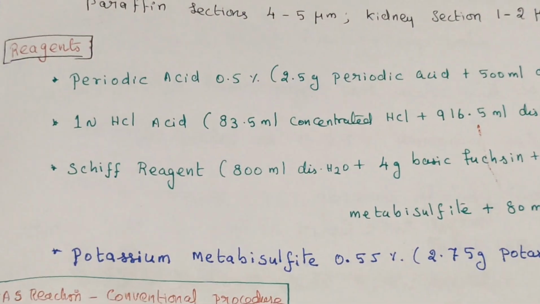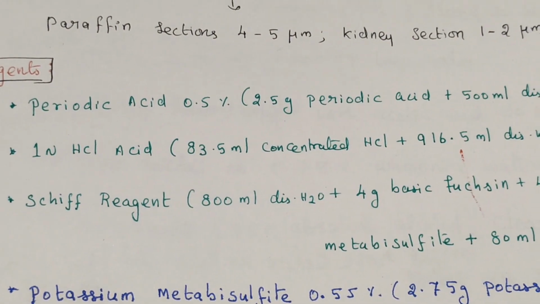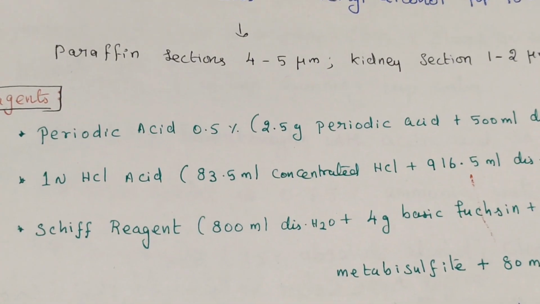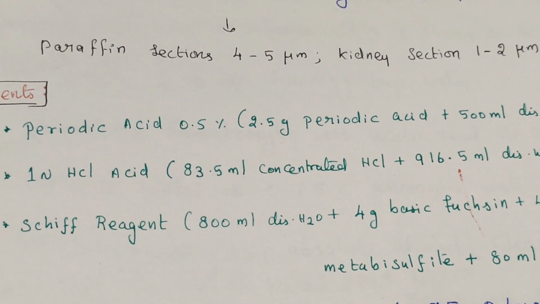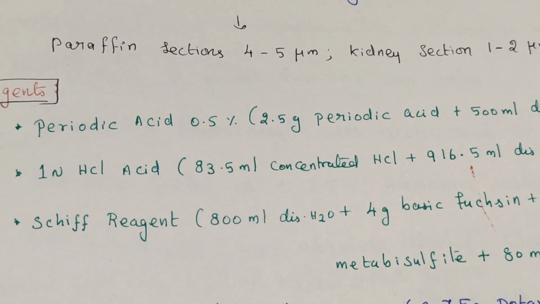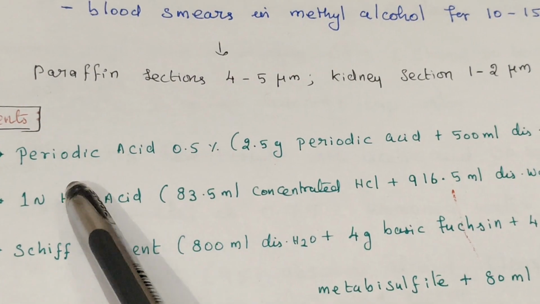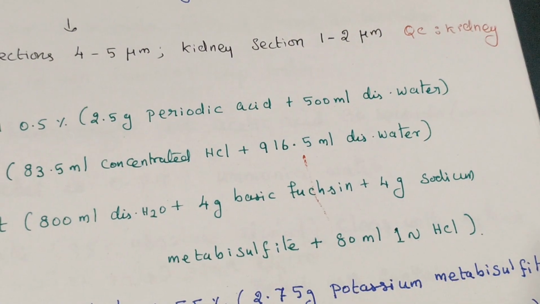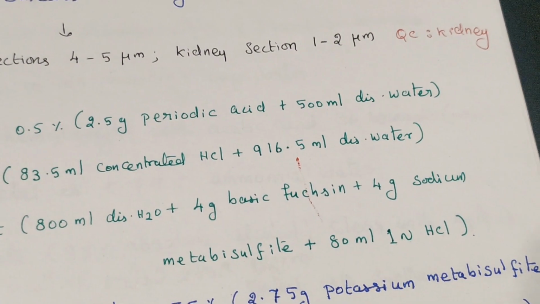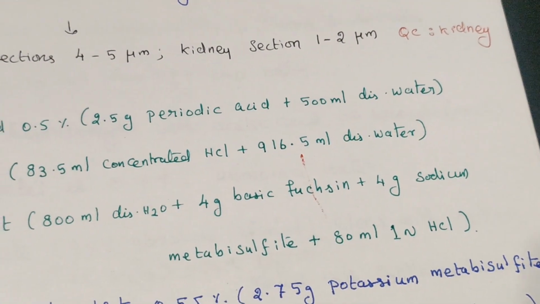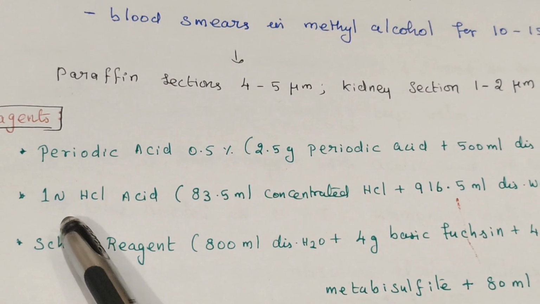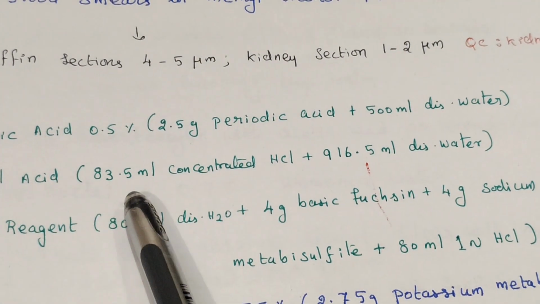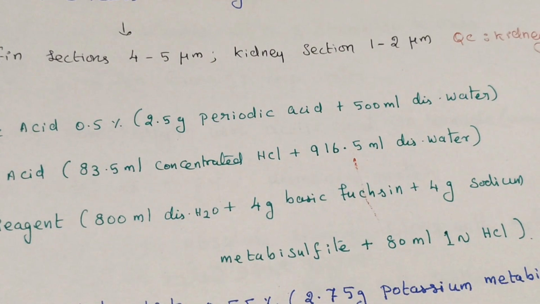Reagents are needed. What are the reagents? Periodic acid 0.5%, 1 normality of HCl (hydrochloric acid), then Schiff reagent. The periodic acid contains 2.5 gram periodic acid plus 500 ml of distilled water. The 1 normality HCl contains 83.5 ml concentrated HCl and